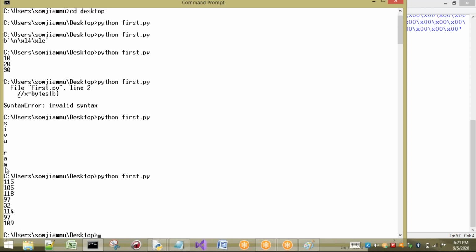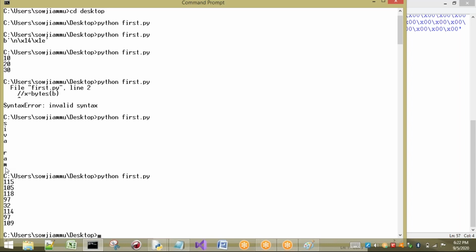Okay, this is the bytes concept. Here we mainly have to remember two things. One is that if you want to store anything in a bytes type, compulsorily it should be values from 0 to 256. Next, it is immutable. That means once we create any bytes type, the value cannot be changed.